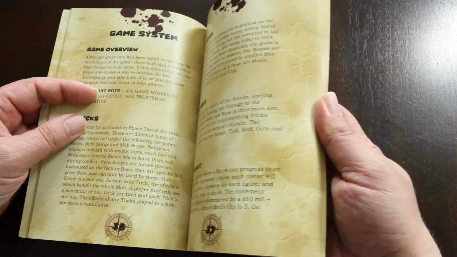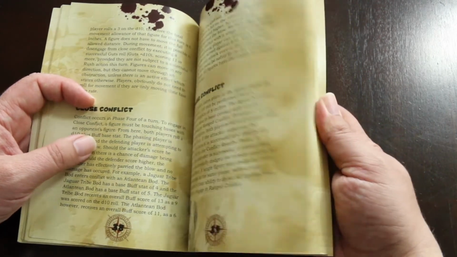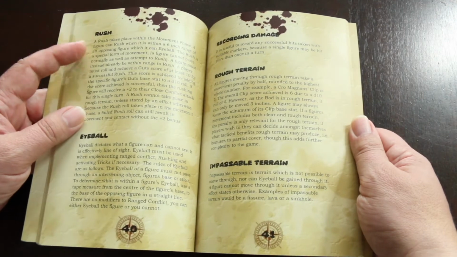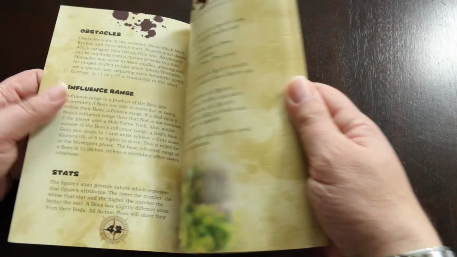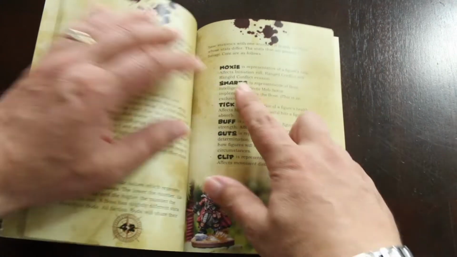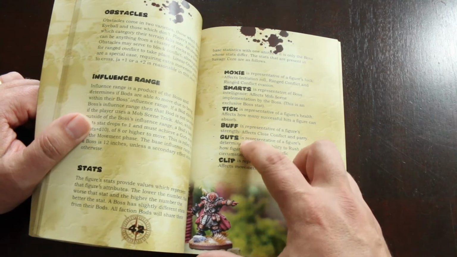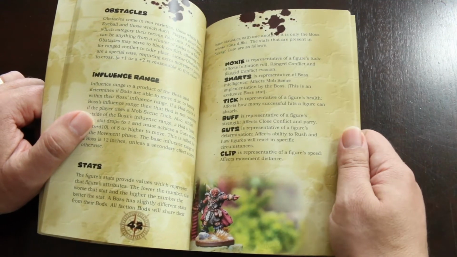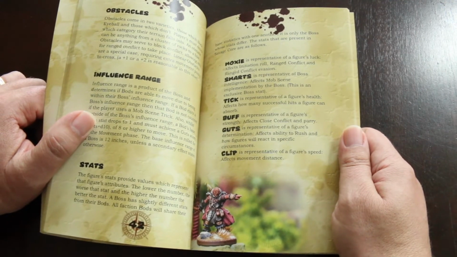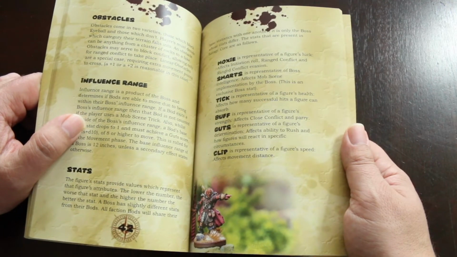Here it's going over tricks. More rules on close conflict and range conflict. Terrain rules and recording damage and obstacles. And here's the stats your troops have. You have Moxie, Smarts, Tick, Buff, Guts, and Clip. I think you have 6 troops and 1 leader in your faction, I believe, if I recall correctly. I just read these rules the other day, so...